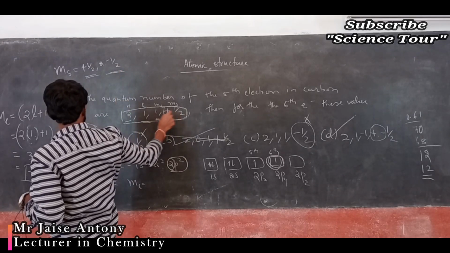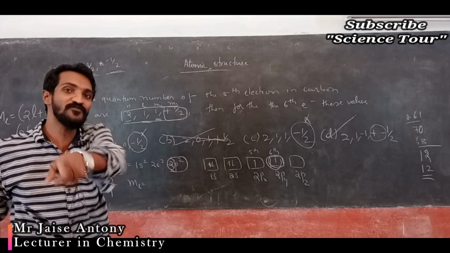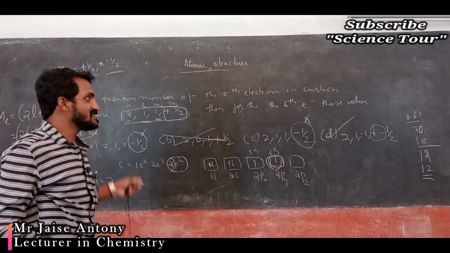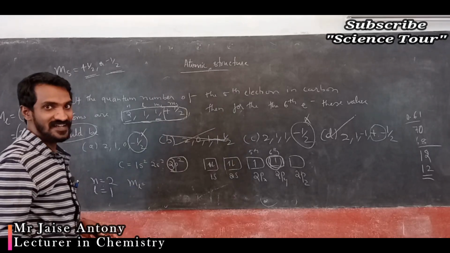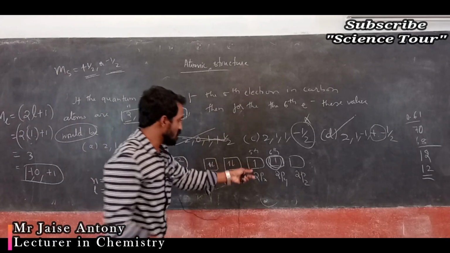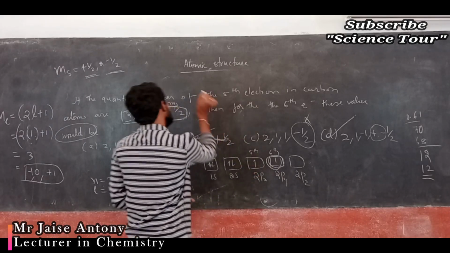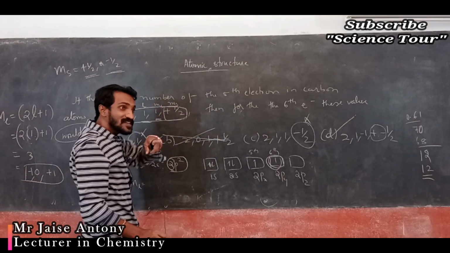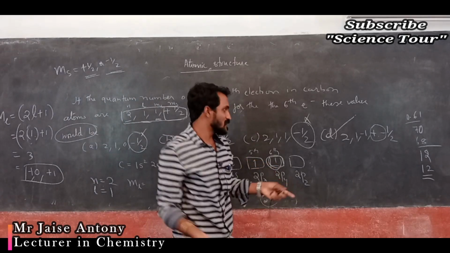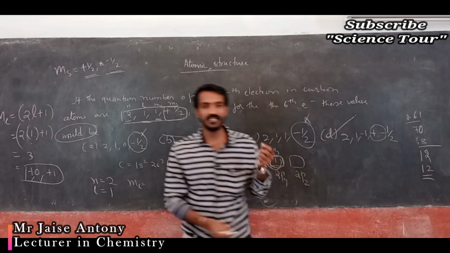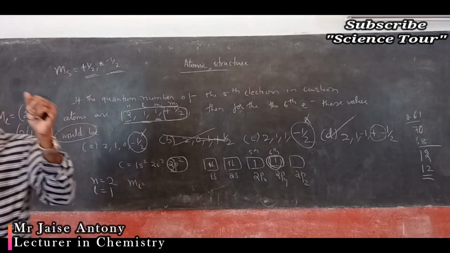For the 5th electron they given plus half. Purposefully they given plus half, so you should get confused by seeing that one. Next you will immediately write minus half. It is not like that. The 5th electron may be plus or minus half. They given it is plus half. Why? You should get confused. Understood? Sixth electron plus or minus. Option D is correct. So read the question at least 3 times. Okay.